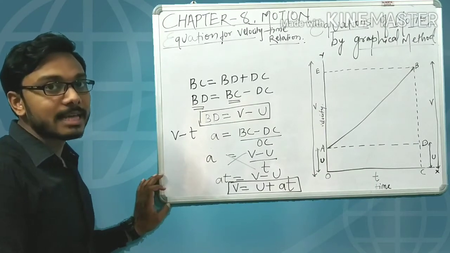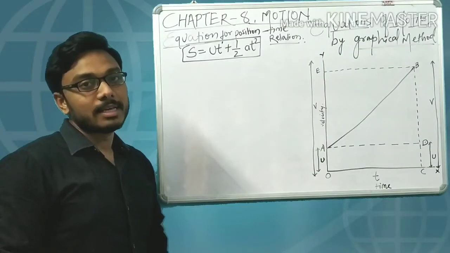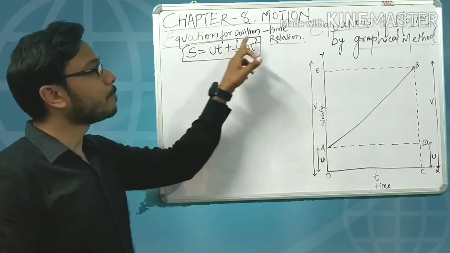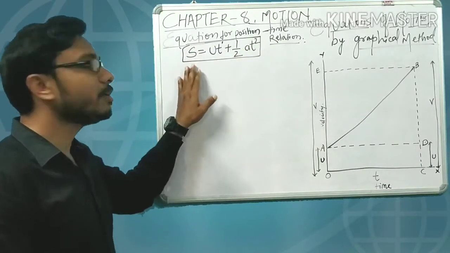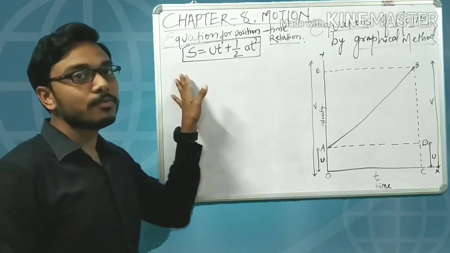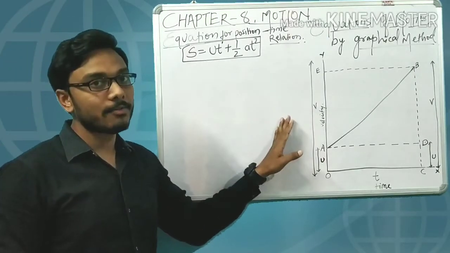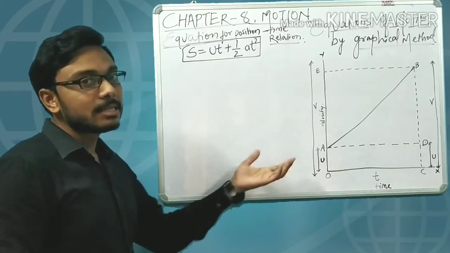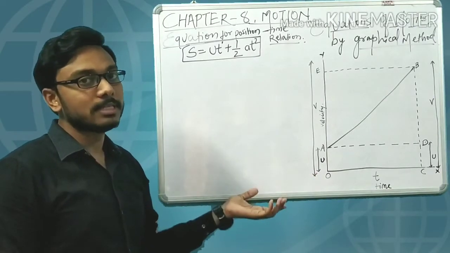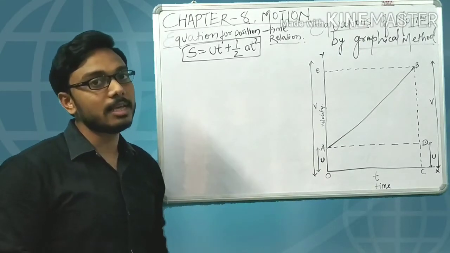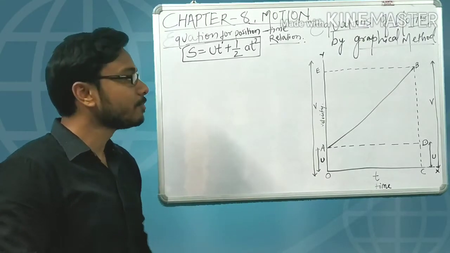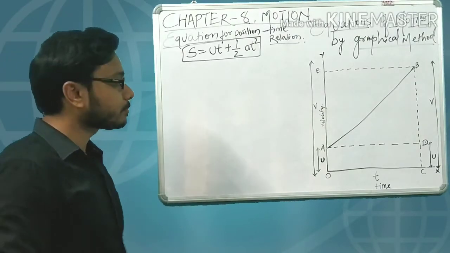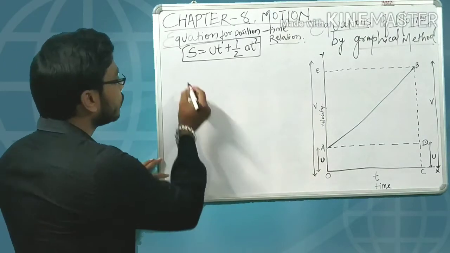Now we will derive the second equation. Okay, so now let us derive the second equation, that is the equation for position time relation. Here we already know the second equation. This also we are going to derive from our graph only. This graph is known as position time relation graph. It is the same graph we have used for the first equation. We are going to derive all the three equations by using this graph. Now for getting this, as you all know, OA is what?